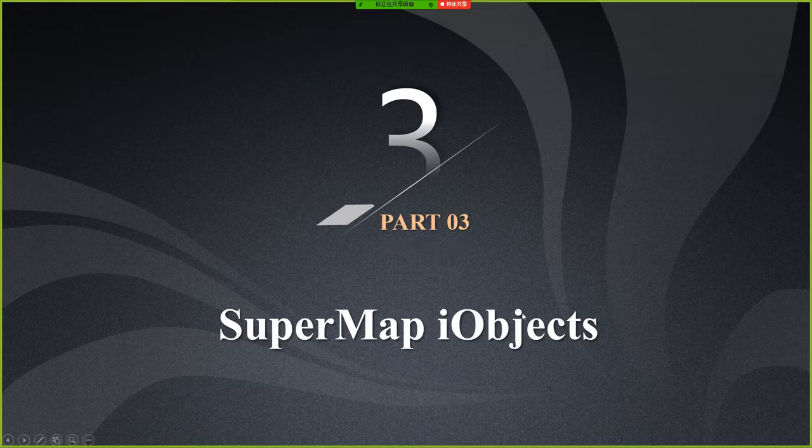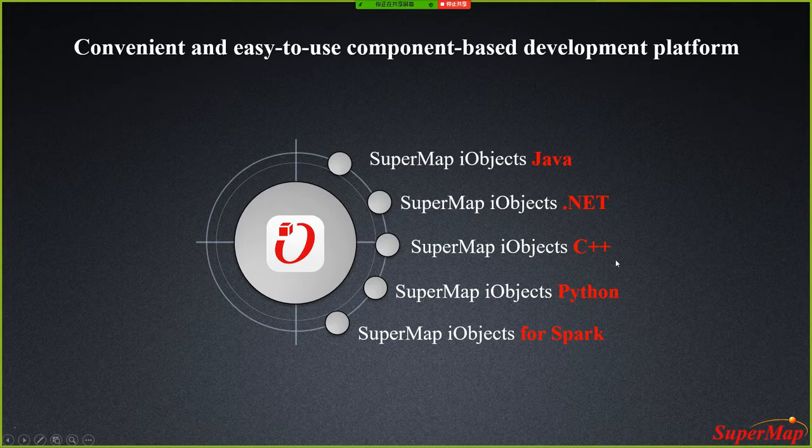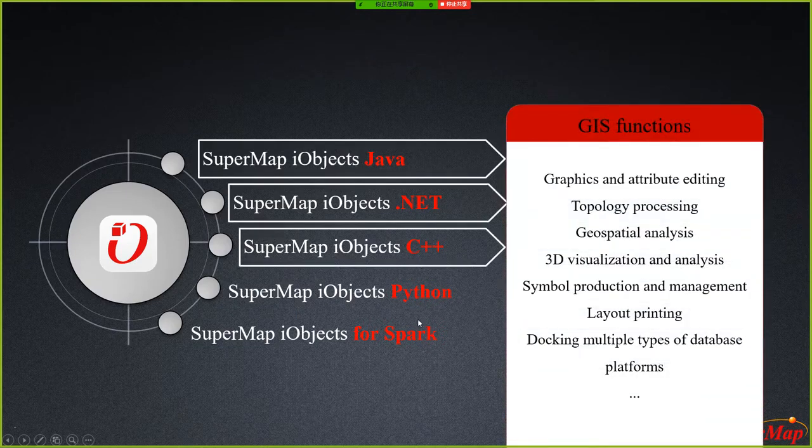Okay, and next, we will introduce the SuperMap iObjects. The SuperMap iObjects series of products are the development client on the PC terminal, and it corresponds to the ArcGIS Engine and ArcObjects. And it mainly includes 5 products. Okay, the first 3 products, the SuperMap iObjects Java, .NET, and C++,